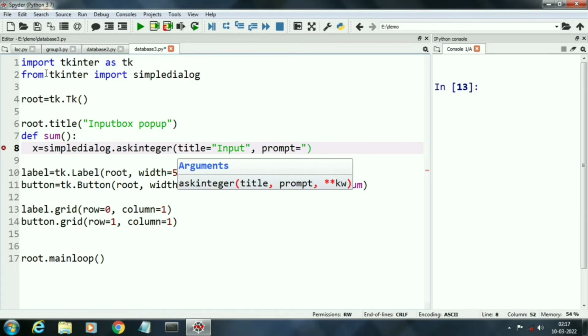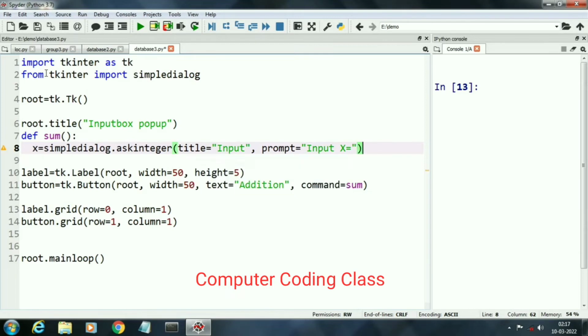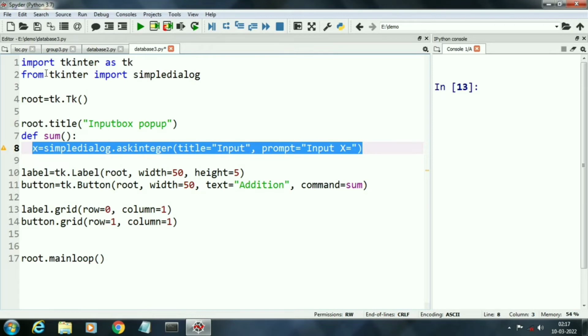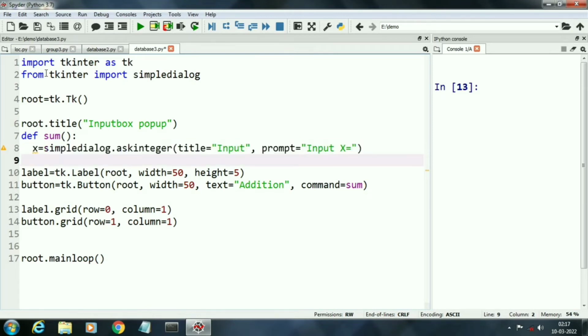Prompt means what will be displayed in our input box. Here we will display input x values. Same, we will create another window for input y values. So here we will write y equal to simpledialog.askInteger and in prompt we will write input y.